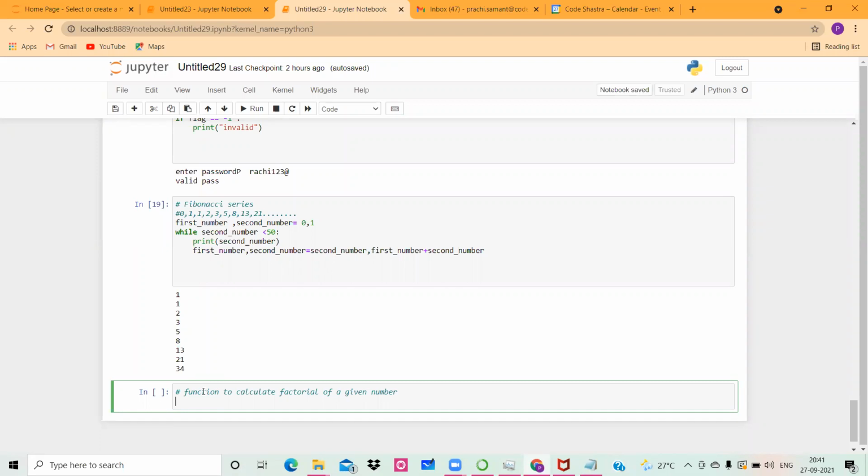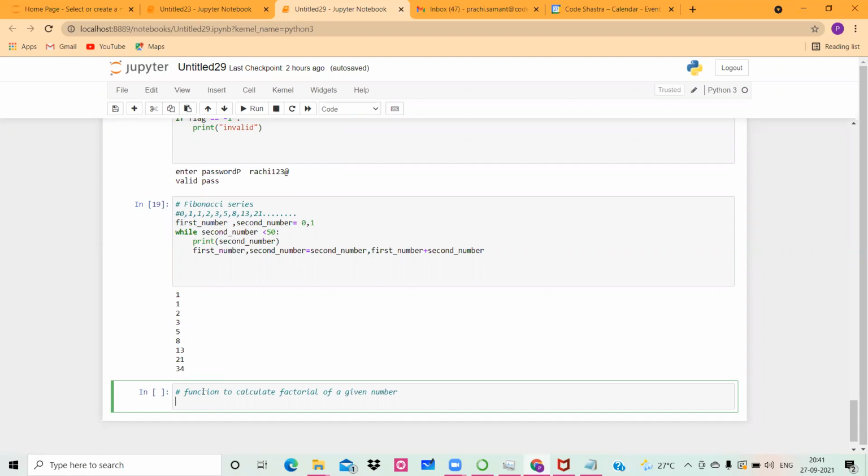Factorial is basically, if I'm writing 3 factorial, then it is 3 into 2 into 1. If I'm writing 5 factorial, then it is 5 into 4 into 3 into 2 into 1. If someone writes 10 factorial, so basically it is 10 into 9 into 8 into 7, so on up to 1. Never include 0, because if you include 0, multiplication hai, answer 0 ho jayega. So only up to 1 that is expected whenever we generate the factorial. So I just hope what is factorial is clear.